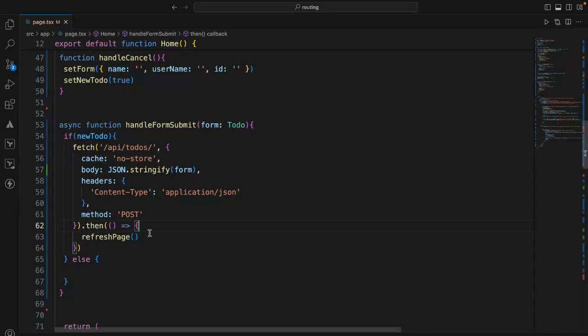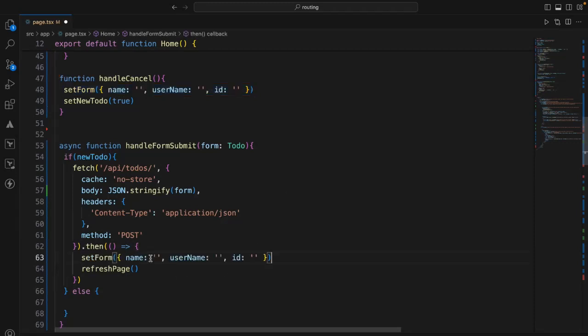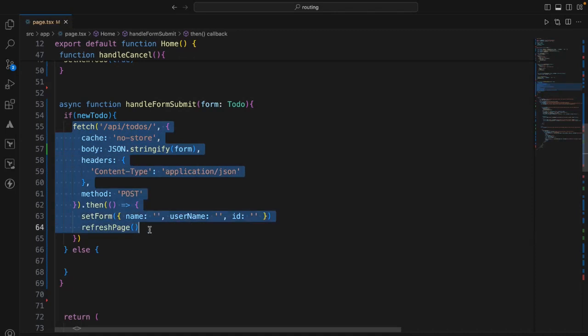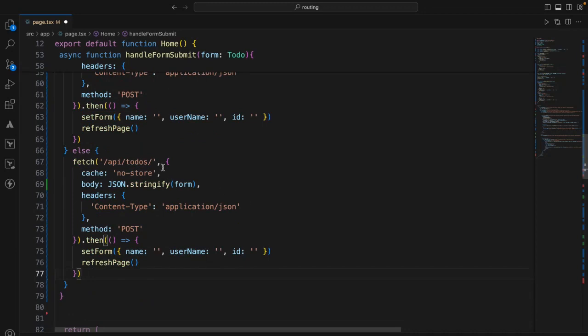Oh, I already have a refresh. Okay, I'll also reset the form, because once it is created, there is no need to still hold the data. And if it is not a new record, if it is in edit mode, okay,